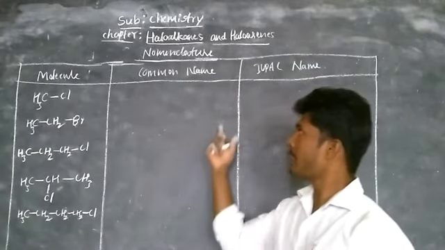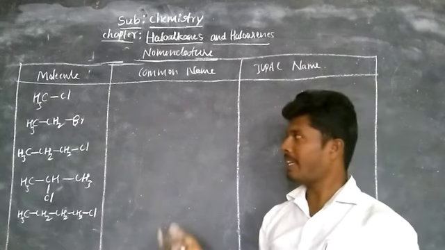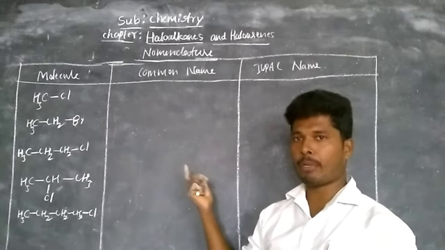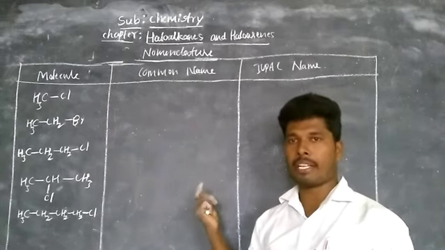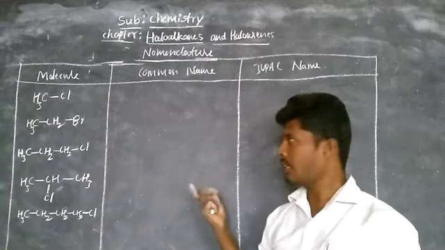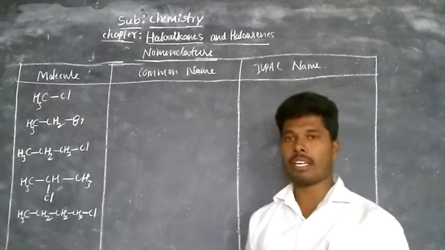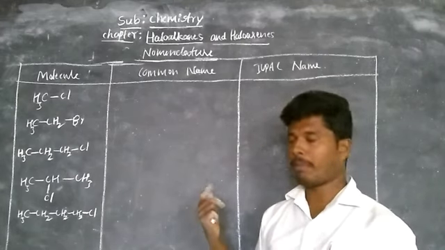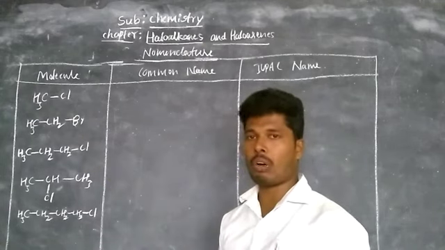So next concept is nomenclature. The nomenclature is given based on the IUPAC system, that is International Union of Pure and Applied Chemistry, and the basic rules you learned in the first few classes in detail. I will revise once again. Now the IUPAC nomenclature is given based on the number of carbon atoms. It means the root word is given by the number of carbon atoms present in the longest parent chain,